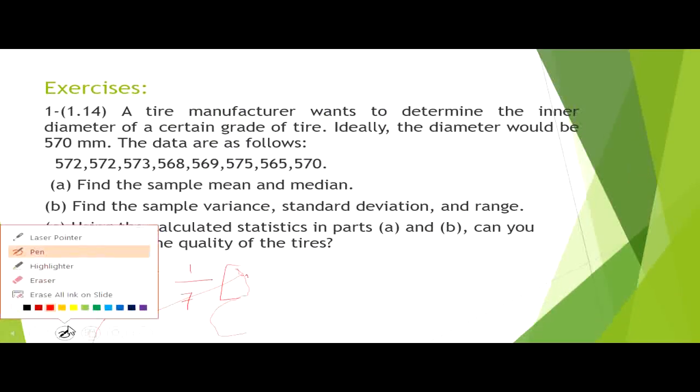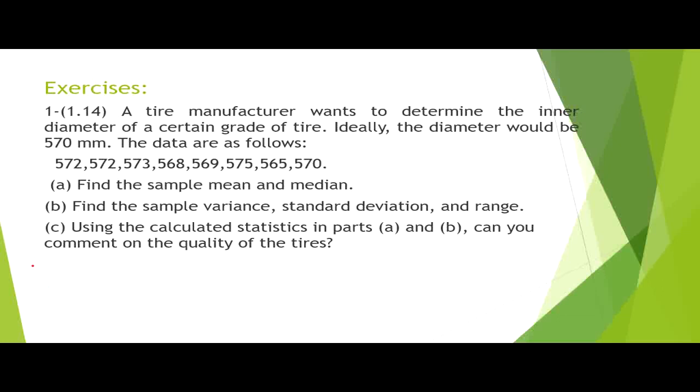Some technical troubles, let me correct it. Okay. The variance S square is 1 over 8 minus 1, that is 7, and the minimum data value is 565 minus 570.5, the mean, whole square. Do it for all the 8 terms. The highest term is 575 minus the average 570.5 whole square. Do it for all the terms and you will find the variance is